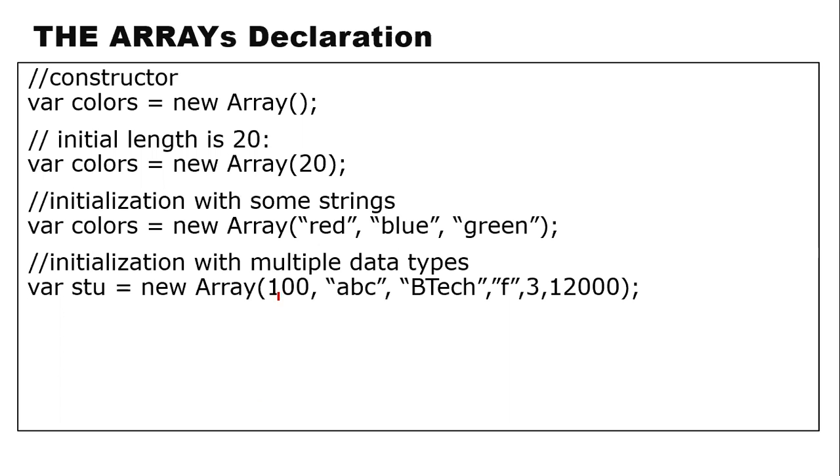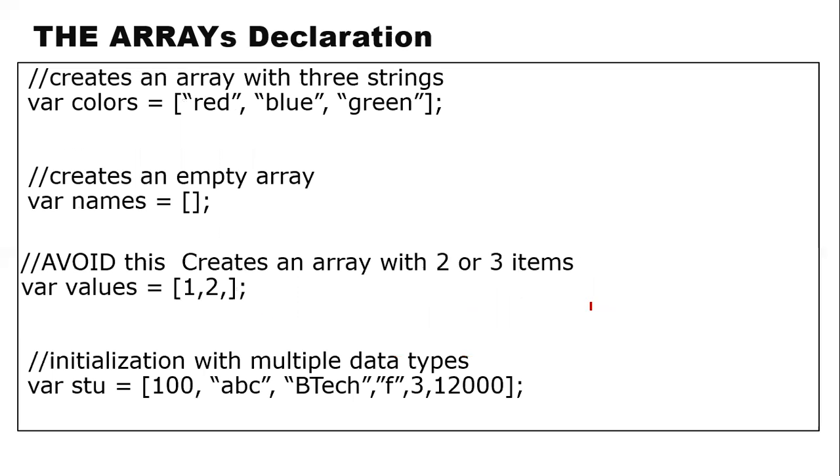Now remember, when you talk about arrays, the values stored need not be of the same type. For example, when I'm talking about the 6 subject marks, not necessarily am I storing only marks. Only one data type is not required. I can use multiple data types. As an example, here one value is a number, one is a string. Different sets of values can be stored in the array. The array need not contain data of a similar data type; I can have data of different data types.